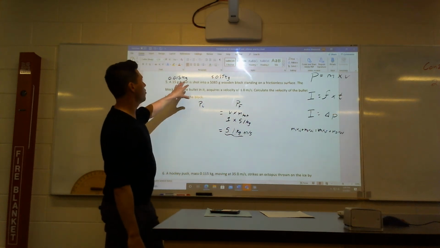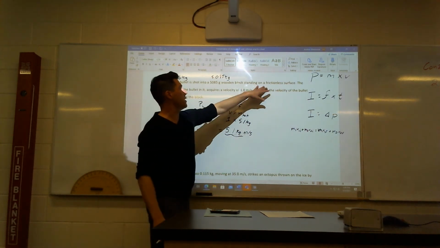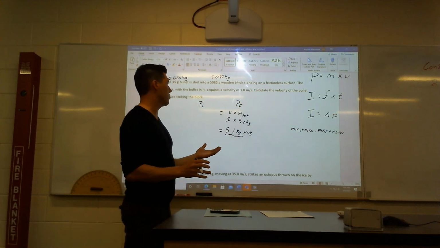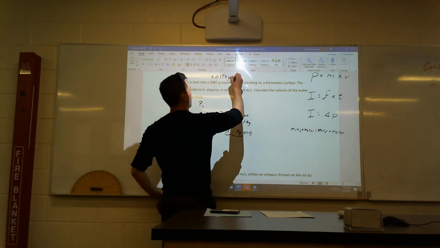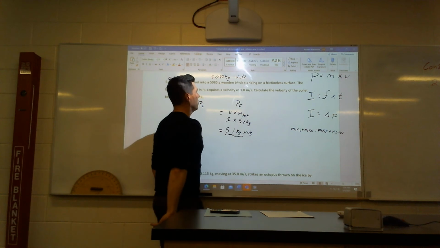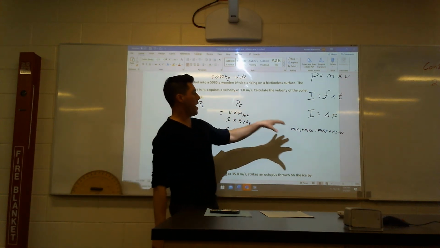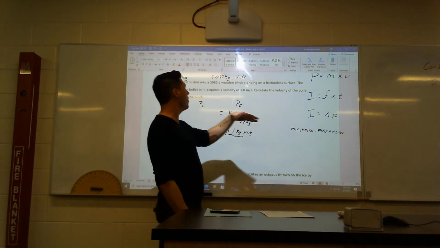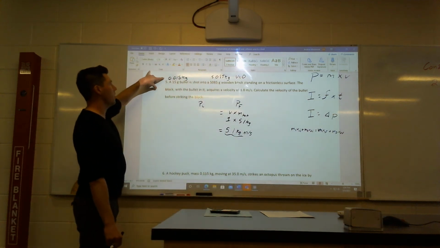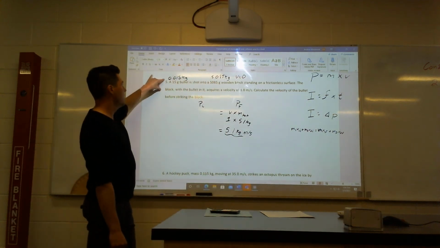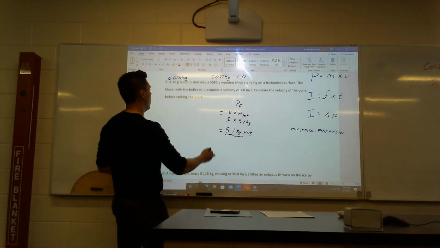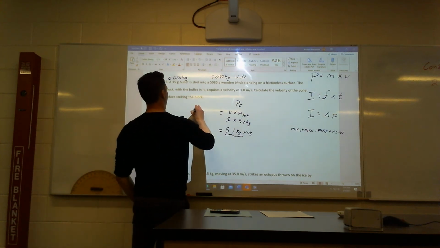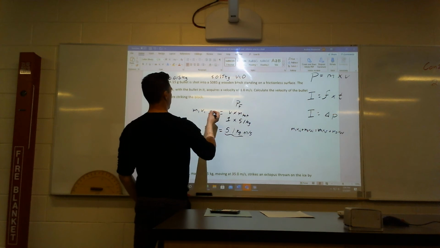This was the bullet, and it was shot into a wooden block standing still. Basically, it was standing on its own. So this actually had a velocity of 0, which means that when we look at our m1v1 and m2v2, one of them was 0, which means all the velocity had to come from the bullet. And so now that I know that, all I have to do is find m1v1, which means I know m,